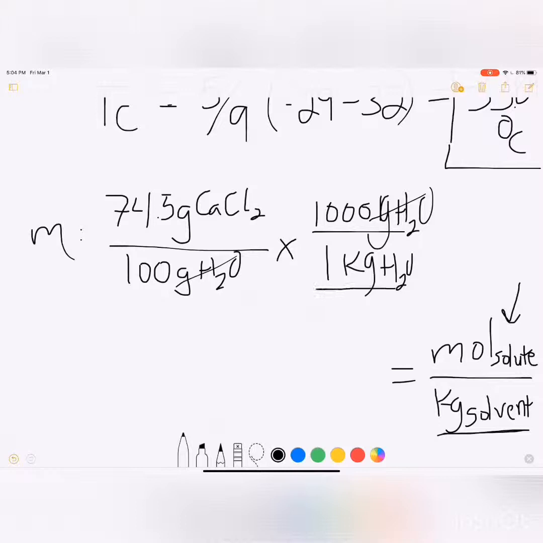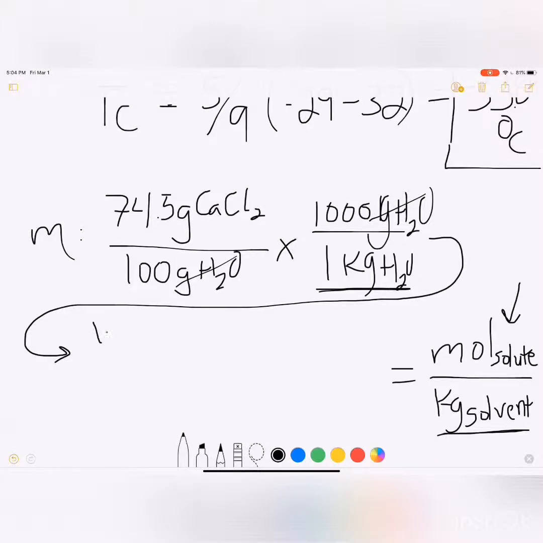So we have kilograms of solvent right here, so we're good with water. Now we need to focus on getting our calcium chloride into moles of calcium chloride. In order to go from mass to moles, we need to use the molar mass. So I'm going to come right down here, and the molar mass that I can find from the periodic table, from the molar masses of calcium and chlorine,